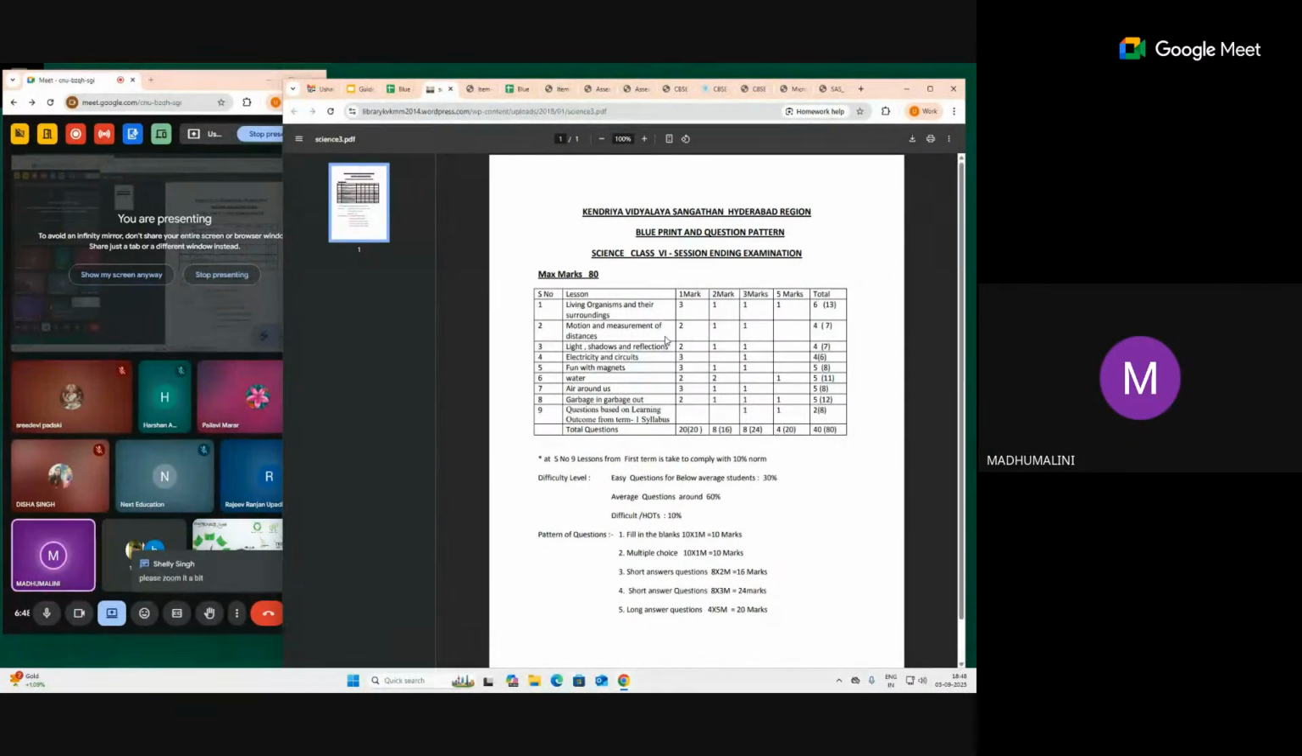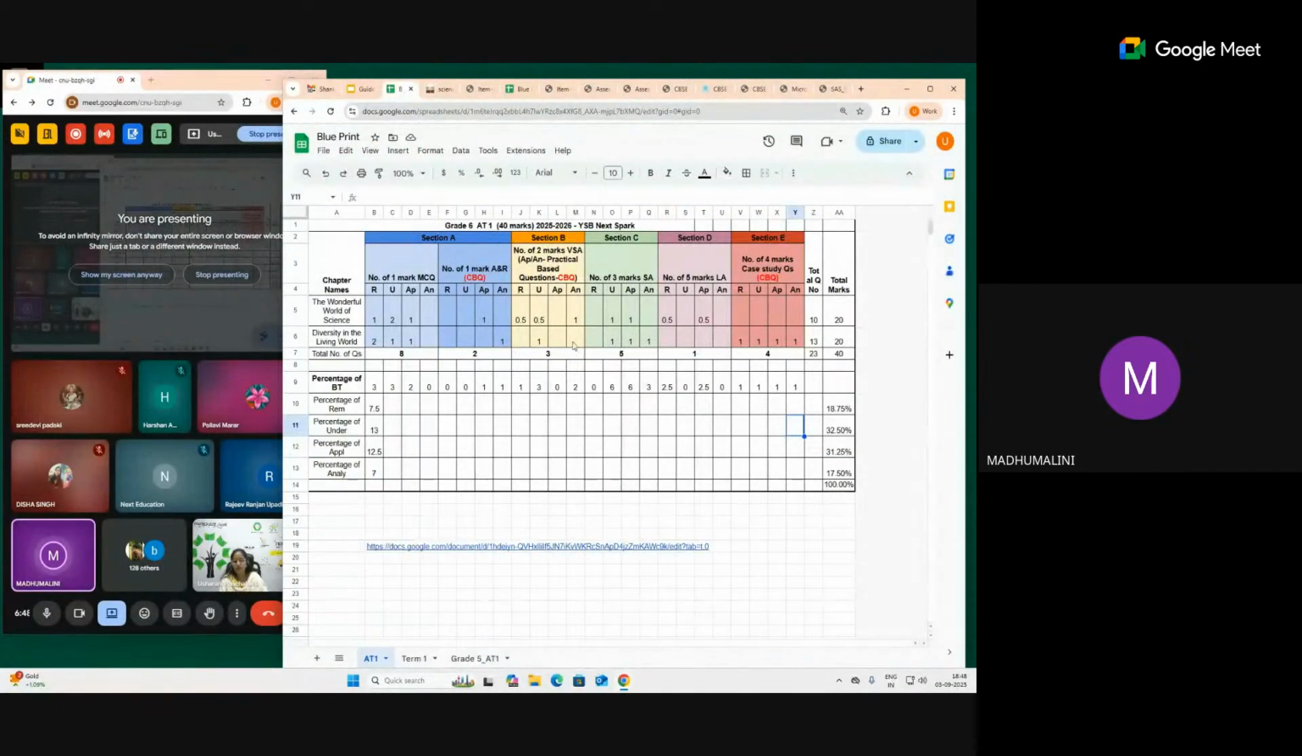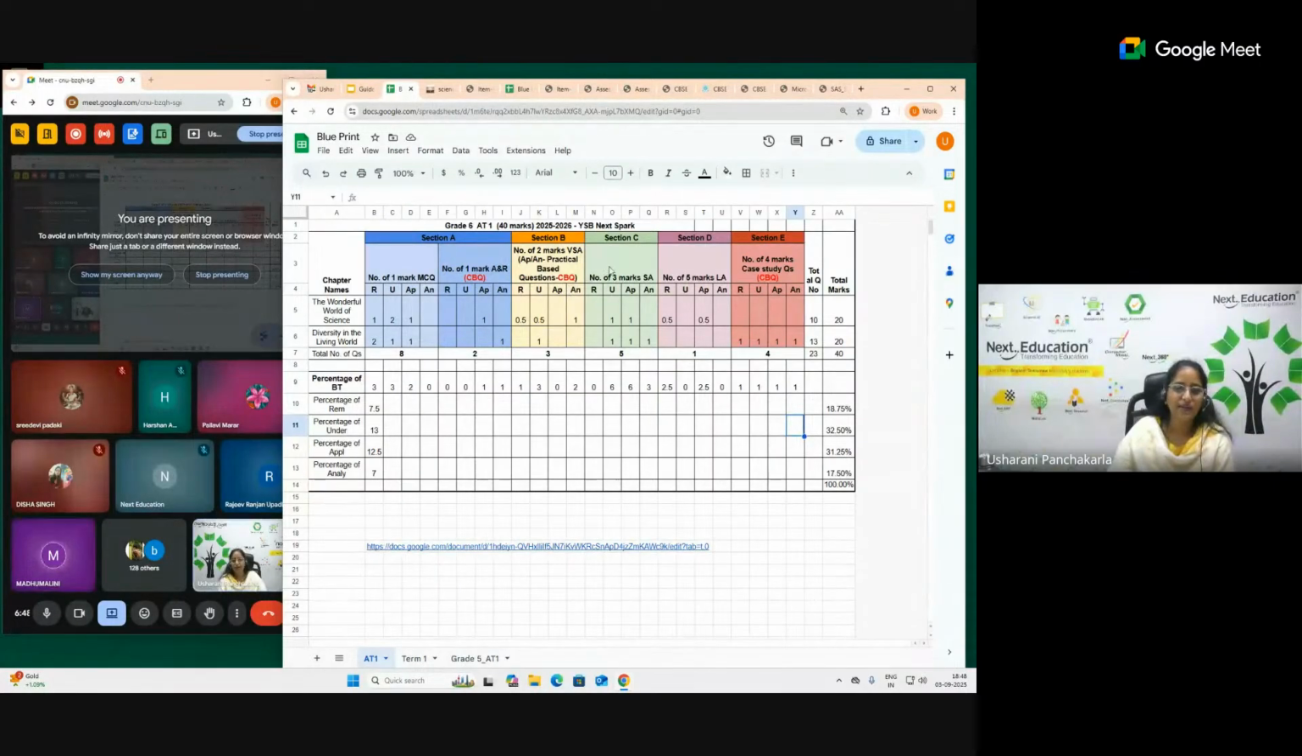Yeah. It says very clearly, competency-based questions are not there in 3 marks and 5 marks. Is it okay? You can add it up to 5 marks. No, no, you can add it, because we have set it so, because we are not creating for an